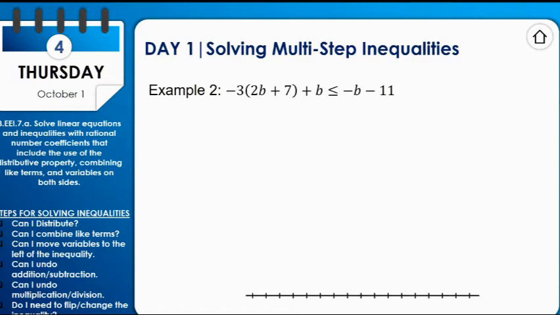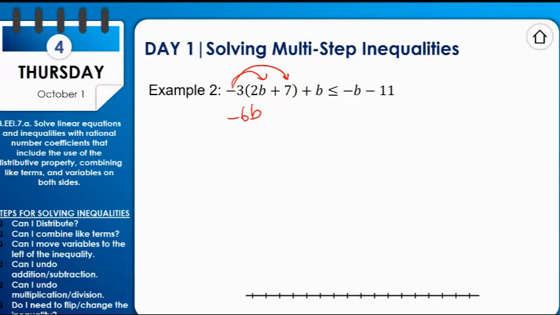In example number 2, again, we're going to walk through the steps. I will tell you that in both of the examples, we will examine changing or flipping the inequality because I want to make sure that you see how that process works. So, can I distribute -3? Yes. I distribute -3 to everything inside the parentheses. 2b times -3 is -6b